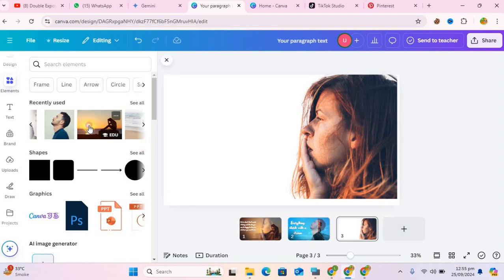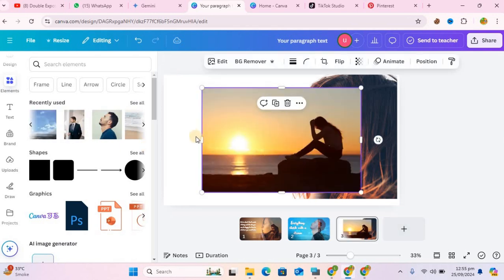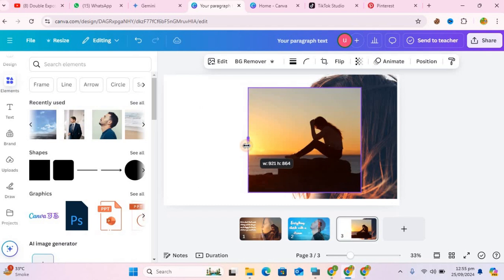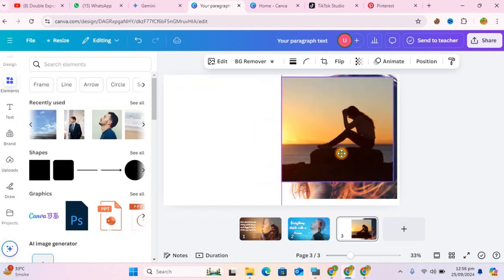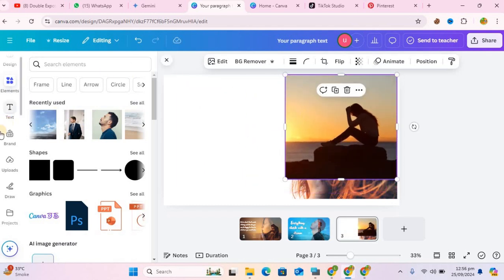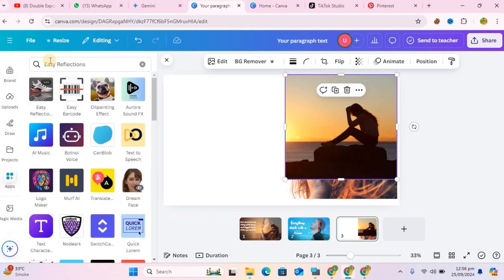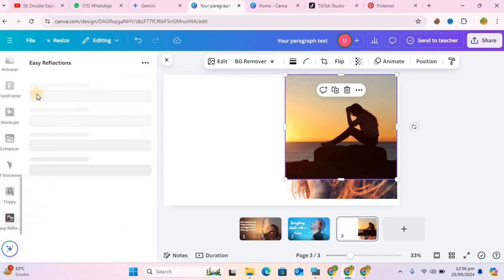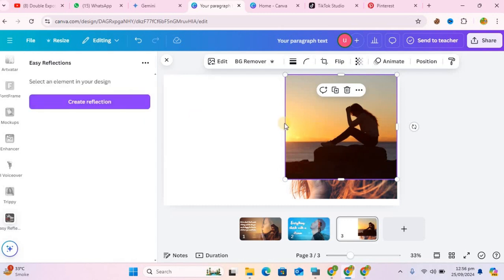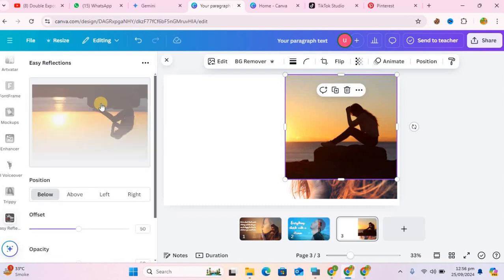Now, select another image, crop it to half, click on apps, and type easy reflection. Click on easy reflection, select the image, create reflection,